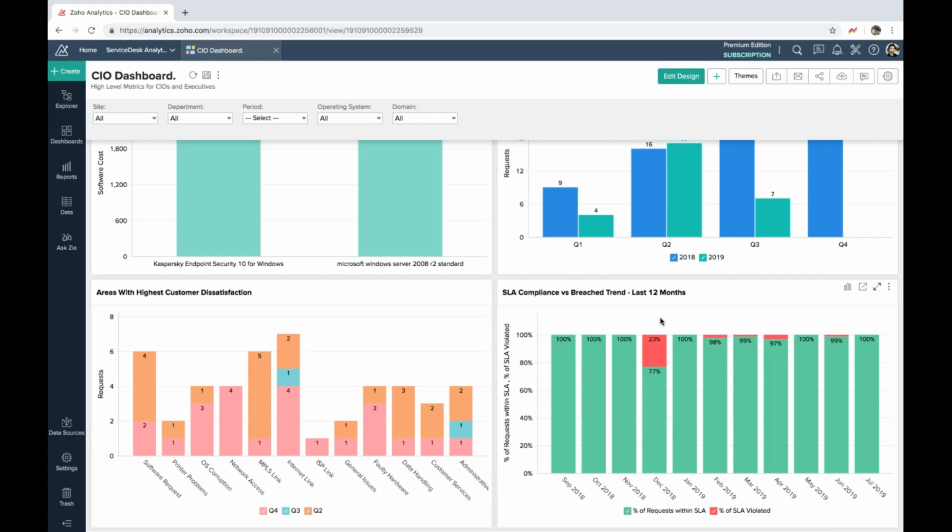So the SLA compliance report here represents the percentage value of requests that violated the SLA. That is represented by the red section of this bar here, and also the percentage of requests that were resolved within the specified SLA guidelines, represented by the green bar. So this is very beneficial to most organizations, and especially to managed service providers or MSPs who have to stringently